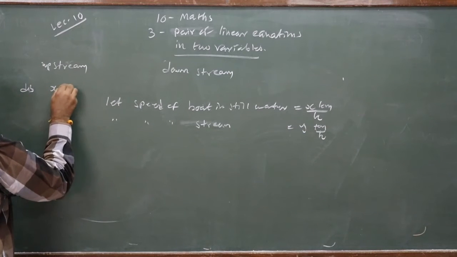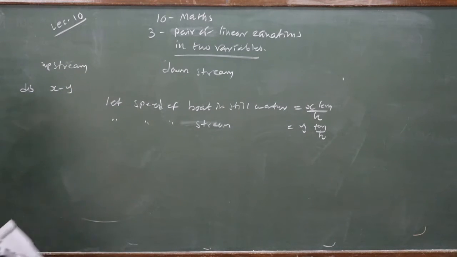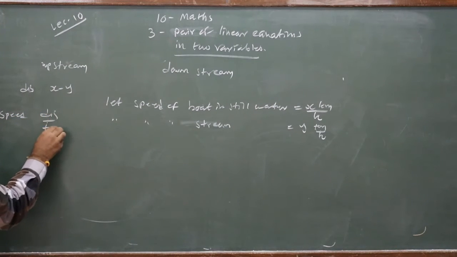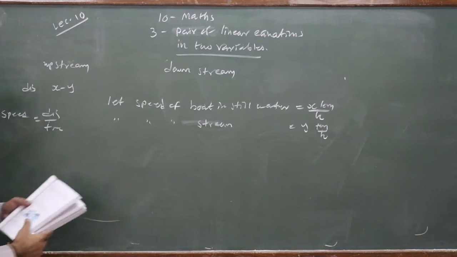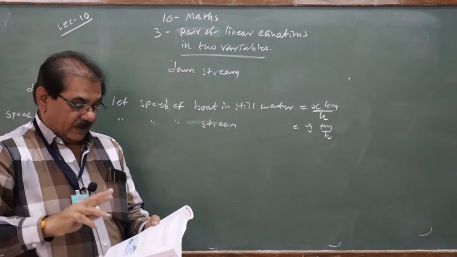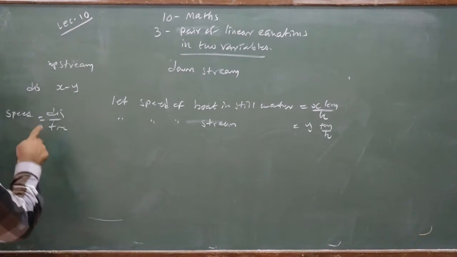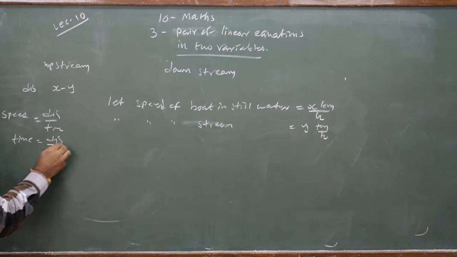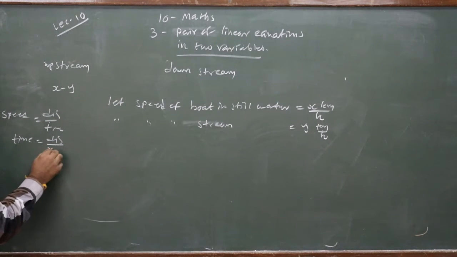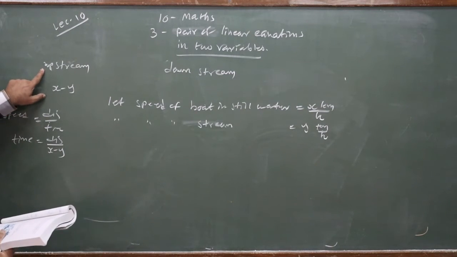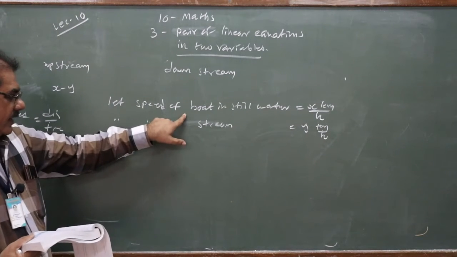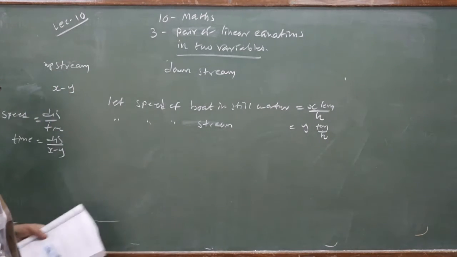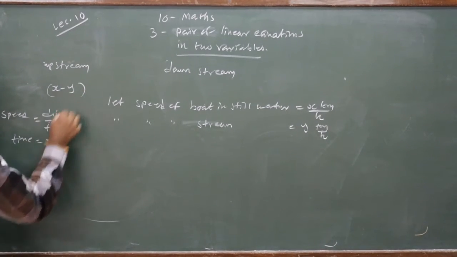Okay? And we have the formula: speed is equal to distance upon time. The comparison is given in time. You can check upstream and downstream first time in 10 hours, meaning you are getting the comparison in time. So time is equal to distance upon speed. For the upstream, x is the speed of the boat and y is opposite to the speed of the boat, because the stream current goes in the opposite direction. So speed will be x minus y kilometers per hour.